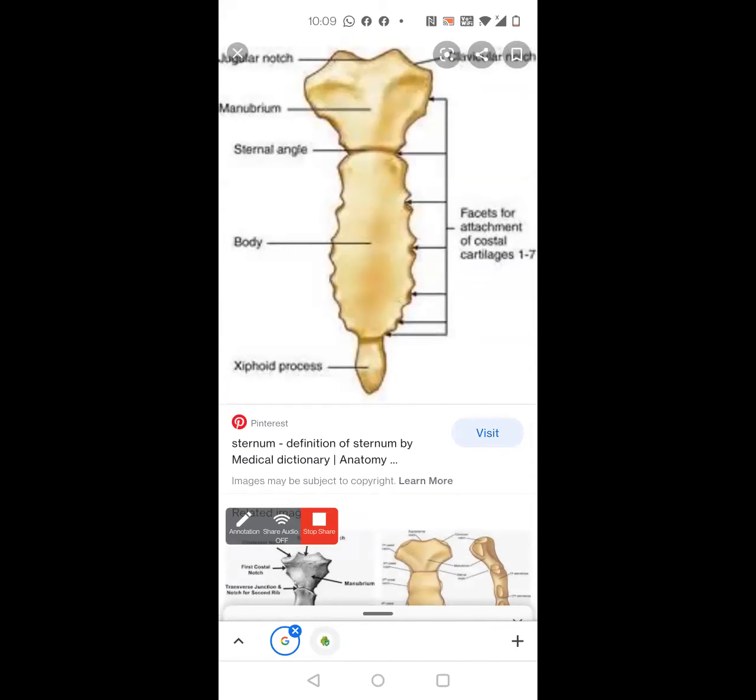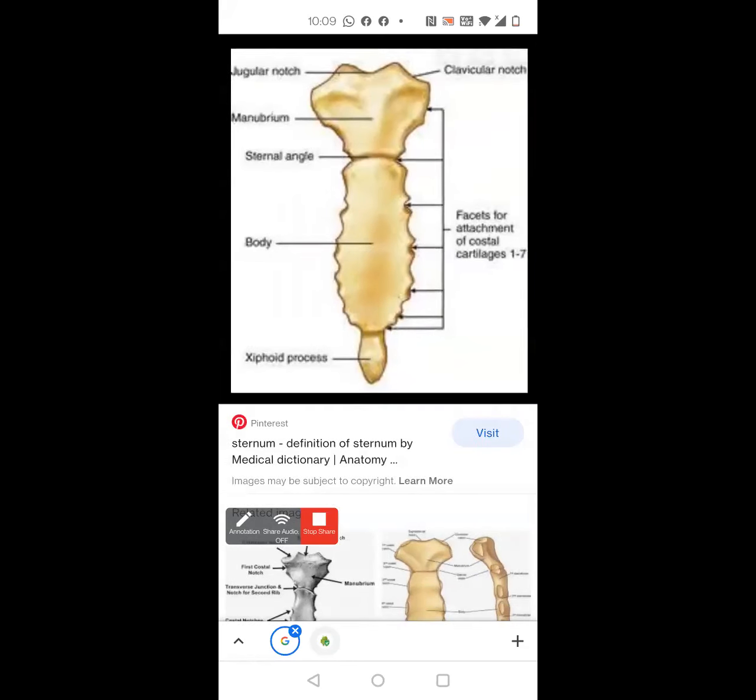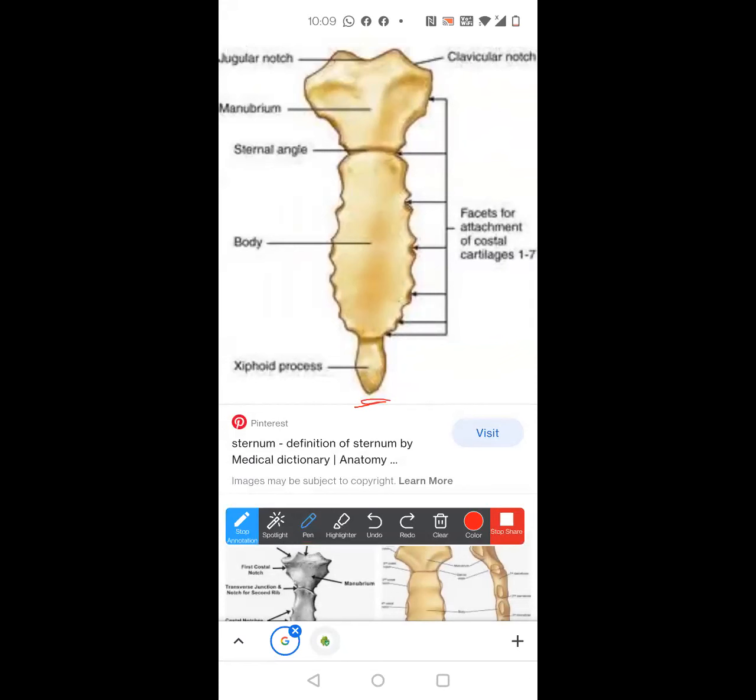Now I don't want you to learn all the names. What I just wanted you to understand is that, like planaria has 3 parts of the body, the same way the sternum also has 3 parts. The top region is called manubrium. Ma'am, what did you compare it to? Planaria. It looks like planaria, a flatworm, a tapeworm. Planaria also will have a structure like this.